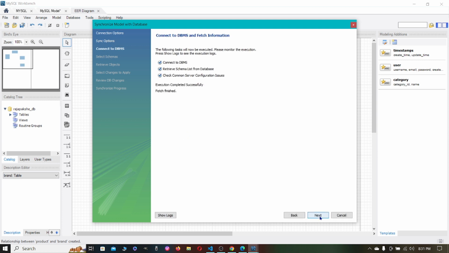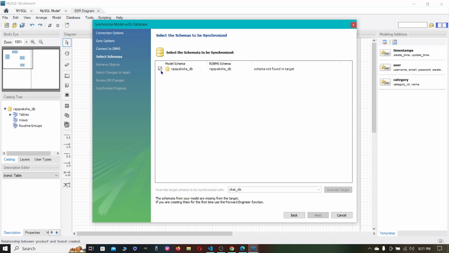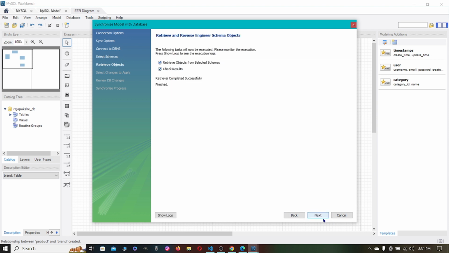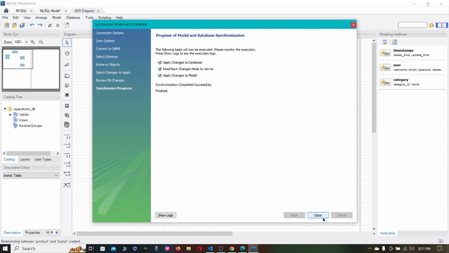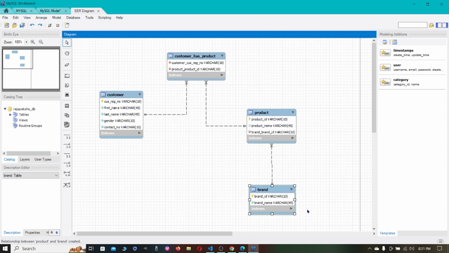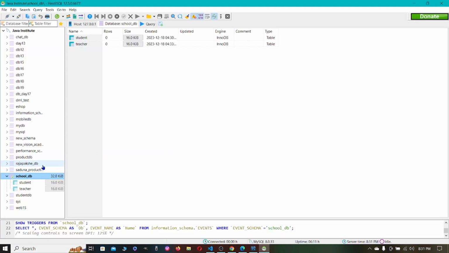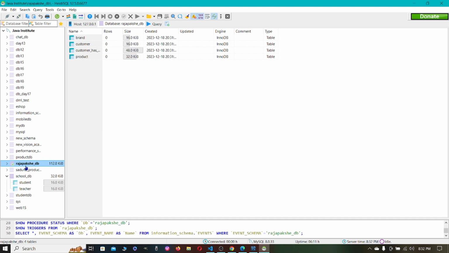That's nice. Next, let's click our database. Next, next, next, close. Now to see our output, let's open Workbench. Now we can see our database which we have created as an ER diagram. Here, Rajapaksha DB. Let's click it, and